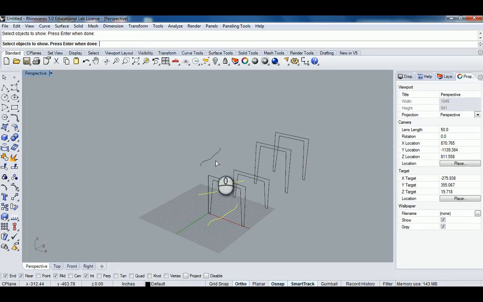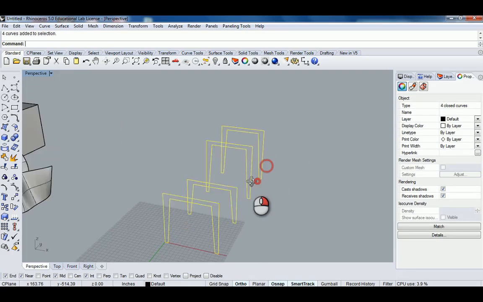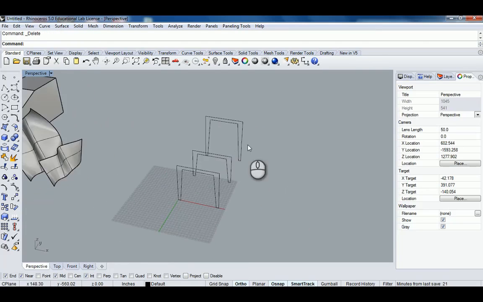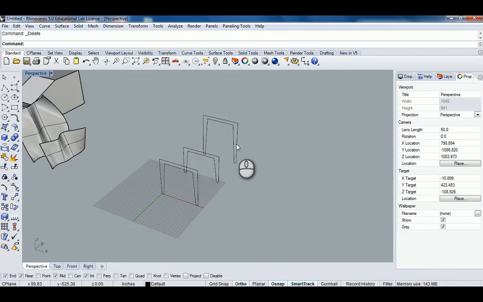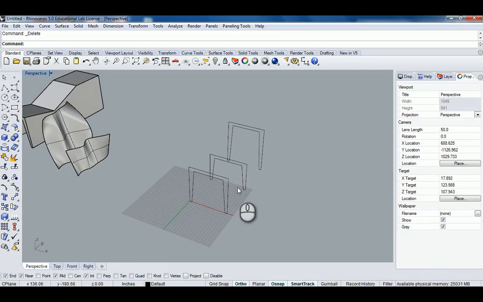Actually, you know what? Let's re-show our truss lines. We can do some more interesting stuff with this for a second. All right, so I'm going to ungroup these. I'm going to simplify this down to 3. Okay, so another thing that is kind of interesting with any of these commands, and this is just a taste,